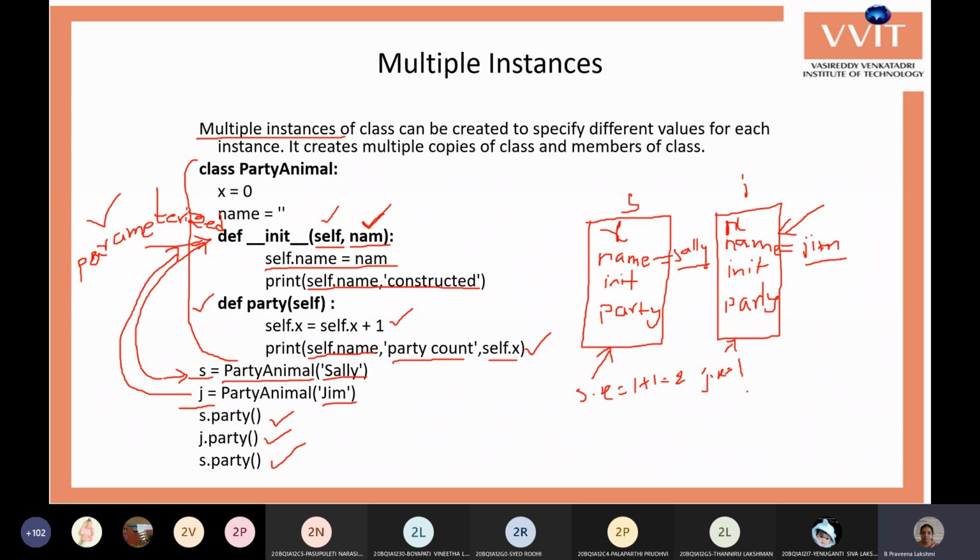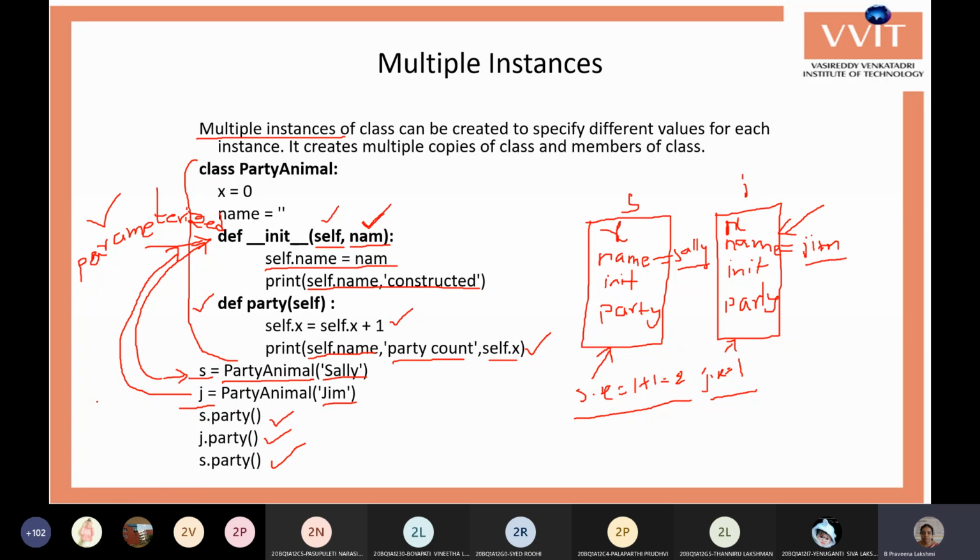So whenever you call a particular variable or function of a particular object, it executes only that copy's variables and functions. So S.x is 2, J.x is 1, the name of the S object is Sally, and the name of the J object is Jim.